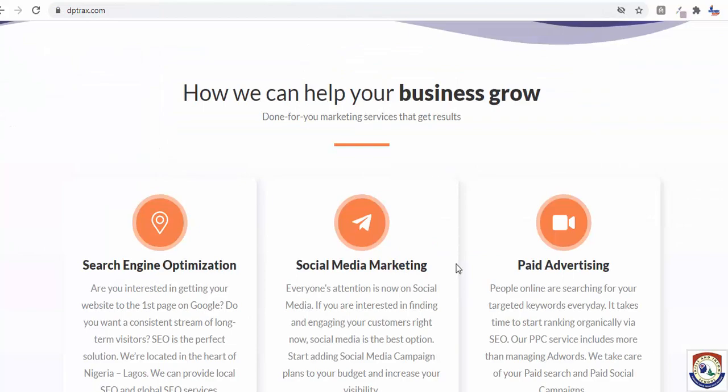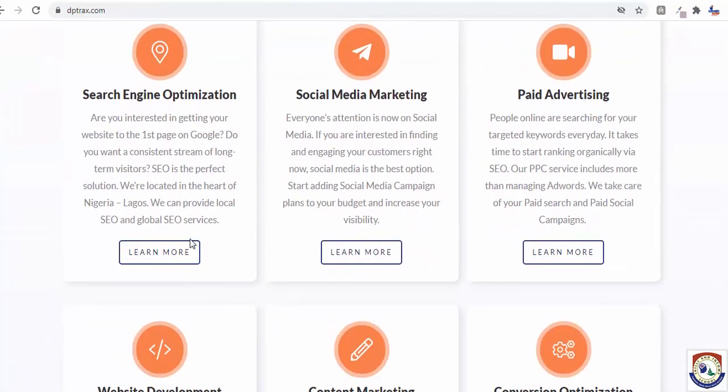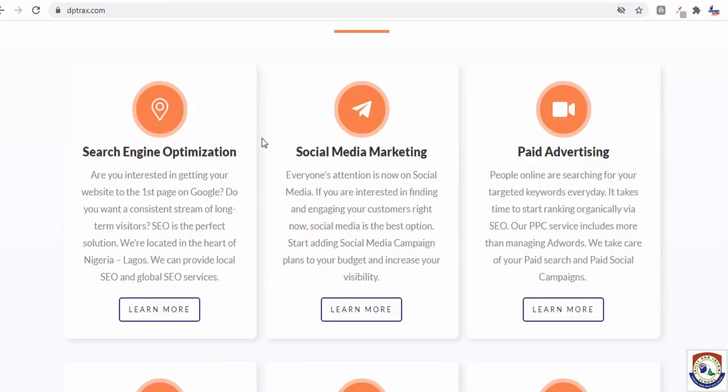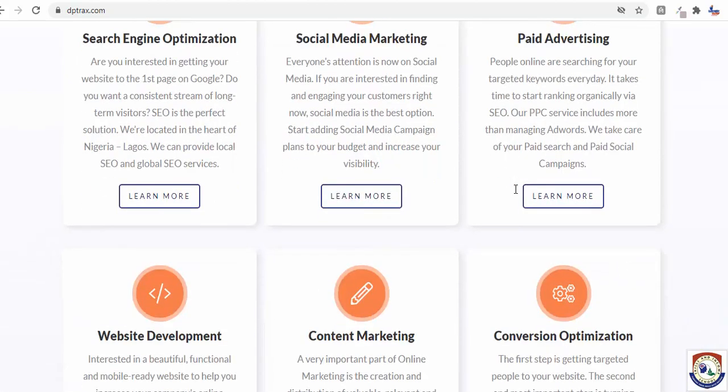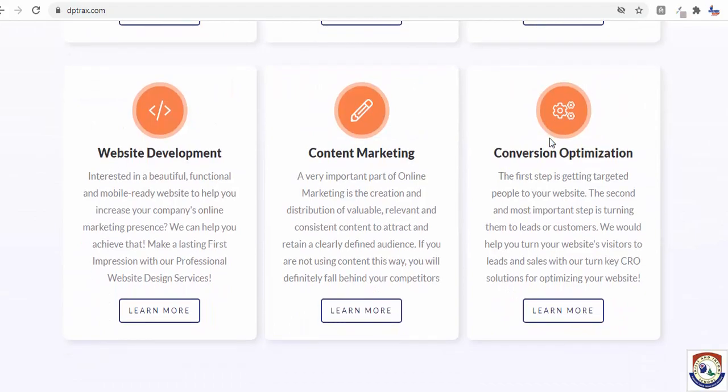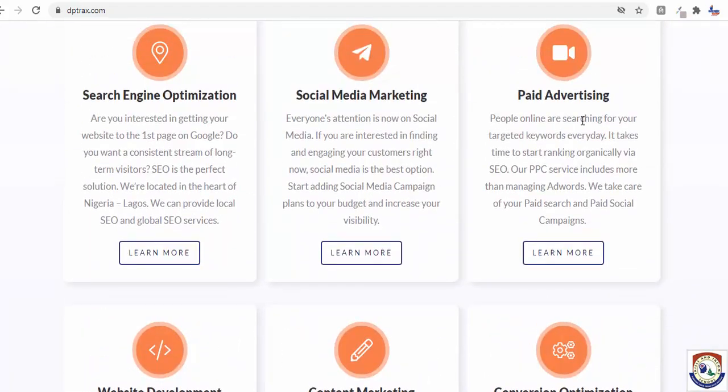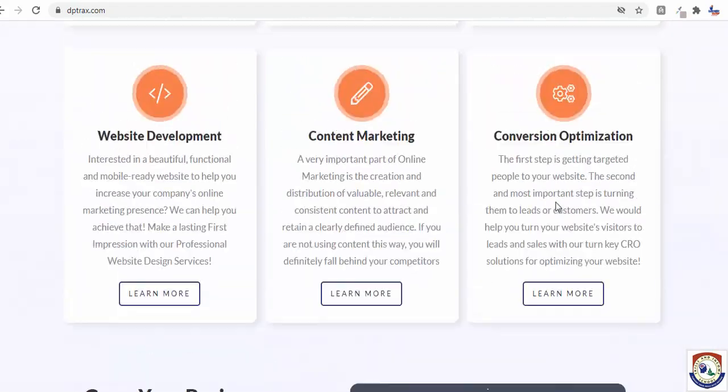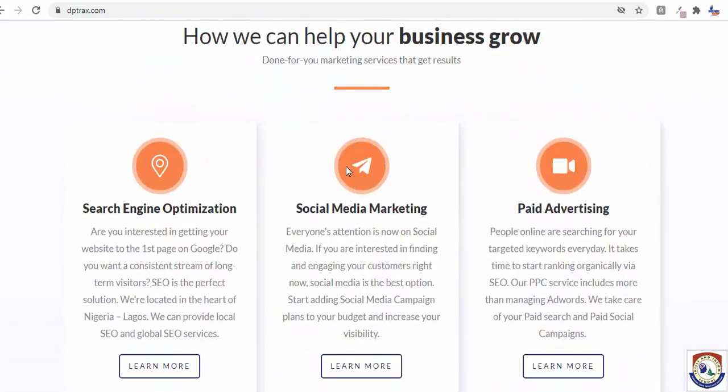And the next one, we are moving on to the next stage, and you can see that this is 3 columns. We have 3, 1, 2, 3. We have the icon, we have the button here, and once I hover on this button, it changes to blue. And this one too, it changes to blue. There are 3 columns, 2 rows. So we are going to do something like this.